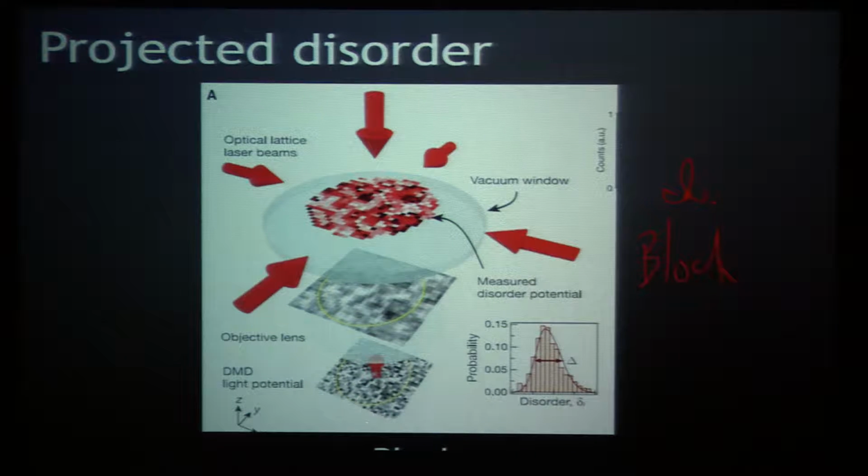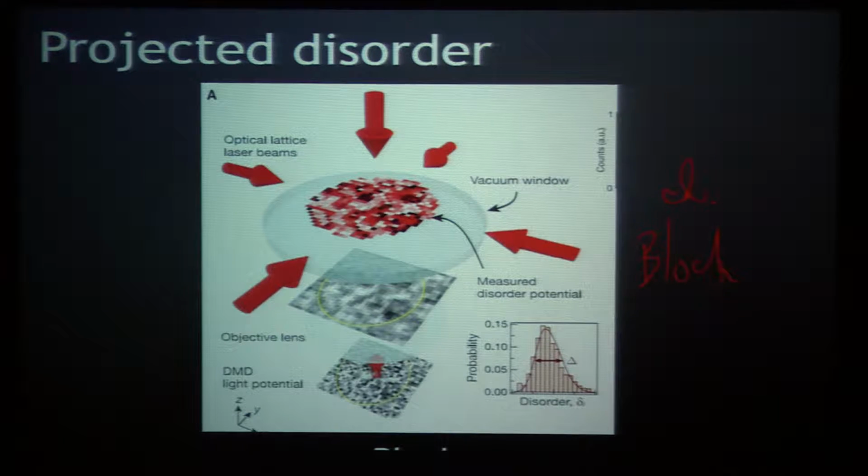So you get to decide, based on a computer controlling this thing, where all the bright and dark regions are in this disorder. So light's bounced off of this thing, collected by a lens, which is not shown, and focused down onto these atoms which are trapped in this plane. And so it's more controllable or designer disorder. It's a really neat and beautiful technique, which so far one group has employed. And I'll talk about what they observed with that tomorrow. Okay, so that's what we call projected disorder. It's like speckle disorder, but it's controllable.